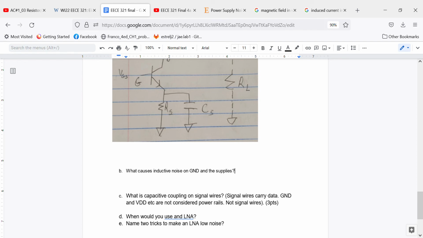Okay, so this is going to be 4B and 4C. So what causes inductive noise on ground and supplies? So this could be, we'll make this ground, and this could be another power wire. And so it's kind of in the name, induction. Induction is when